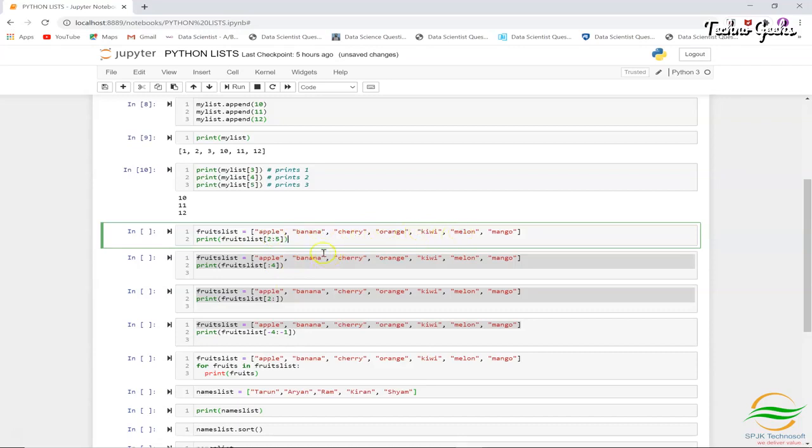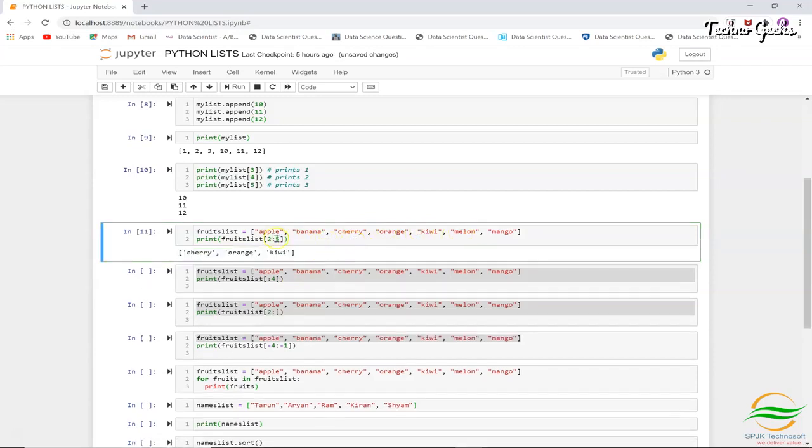So it should come till kiwi because this is 0, 1, 2, 3, 4, 5. So it has started from cherry and it has printed till kiwi. When we give the range, it starts with that index and ends at 5 minus 1. So it won't print the fifth one, it will ignore it because it always prints the range minus 1. So it will print until kiwi.